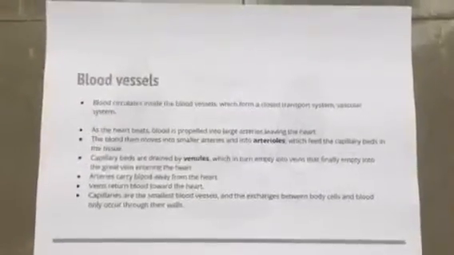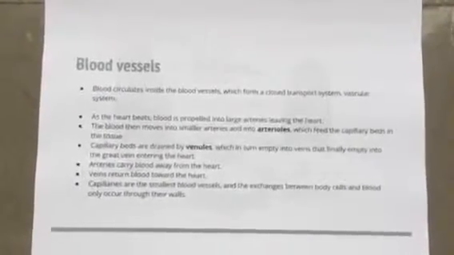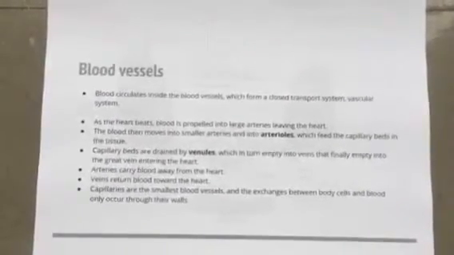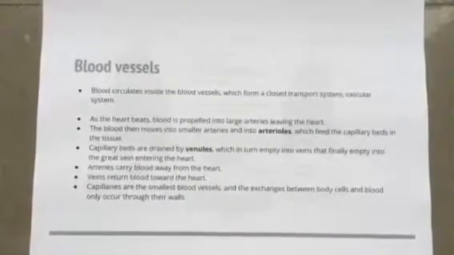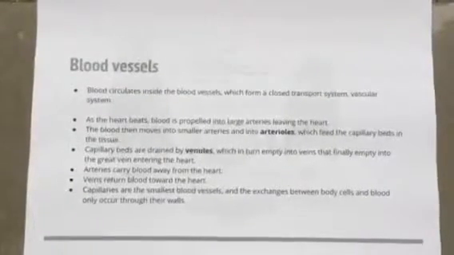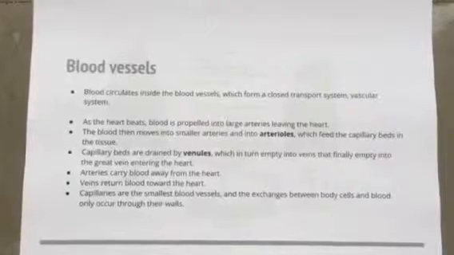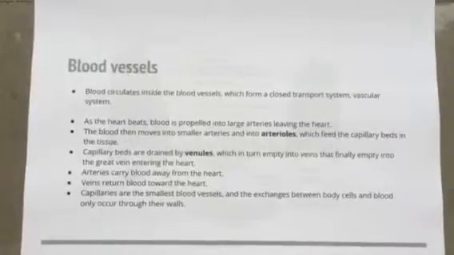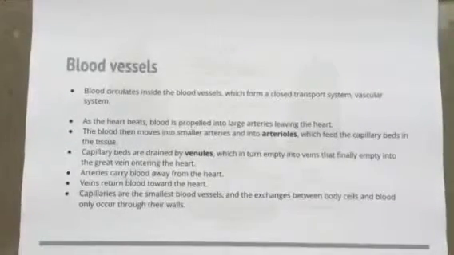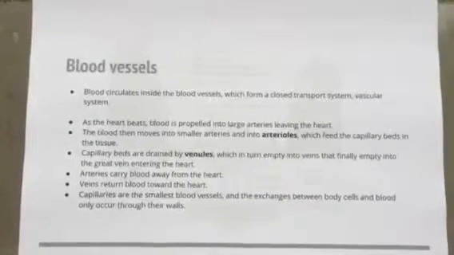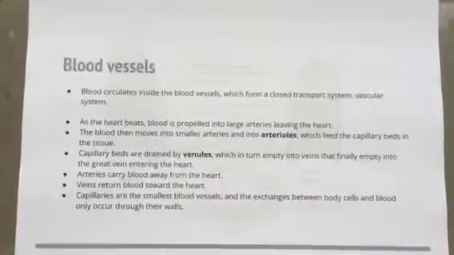Blood circulates inside the blood vessels, which form a closed transport system, the cardiovascular system. As the heart beats, blood is propelled into large arteries leaving the heart. The blood then moves into smaller arteries and into the arterioles, which feed the capillary beds in the tissues. The capillary beds are drained by venules, which in turn empty into veins and finally empty into the great veins